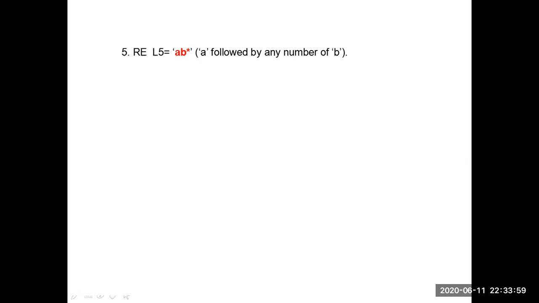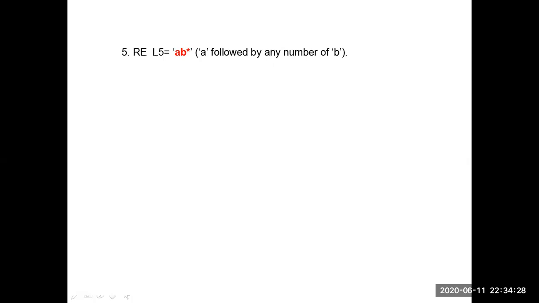How can we represent this? B star means zero or more B's. First we assume B is not present. Then what is the string? B star generally contains epsilon, single B, double B, like that. If we assume epsilon, that means after A, B will not come. So since B is not there, it has to go directly to the final state.